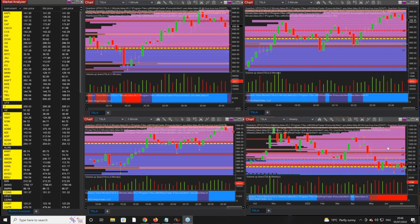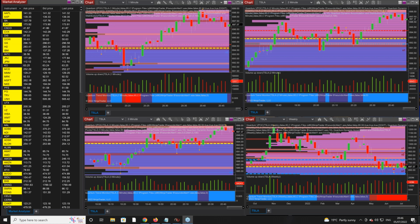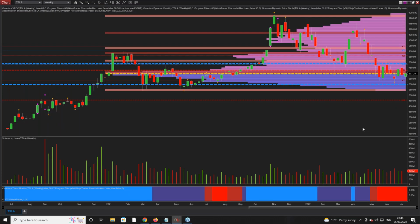I've got Tesla Workspace up here. I've got three faster time frames. I've got the 1 minute, the 2 minute across the top there, and the 3 minute down the bottom there. Always something to trade intraday if you're a day trader on Tesla. But the chart I actually wanted to concentrate on was this one at the bottom right, which is the weekly